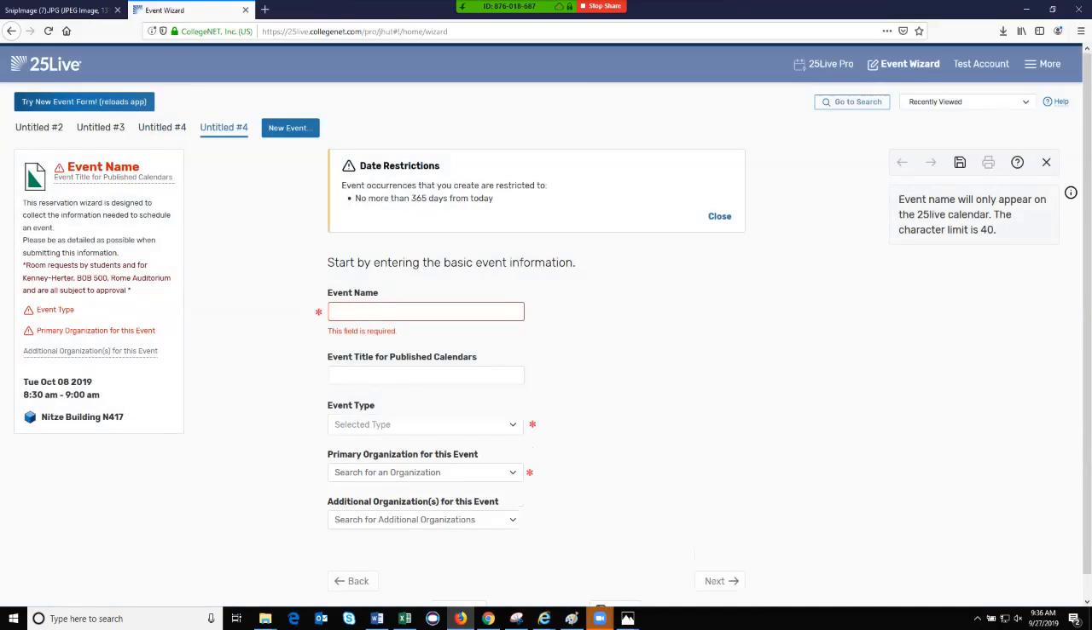So as you can see here, NHTSA 417 is selected as my room, and the time is 8:30 to 9. Obviously, I can change these both when I go to the pages, but I just wanted to point that out to you. So if I go ahead and hit back,